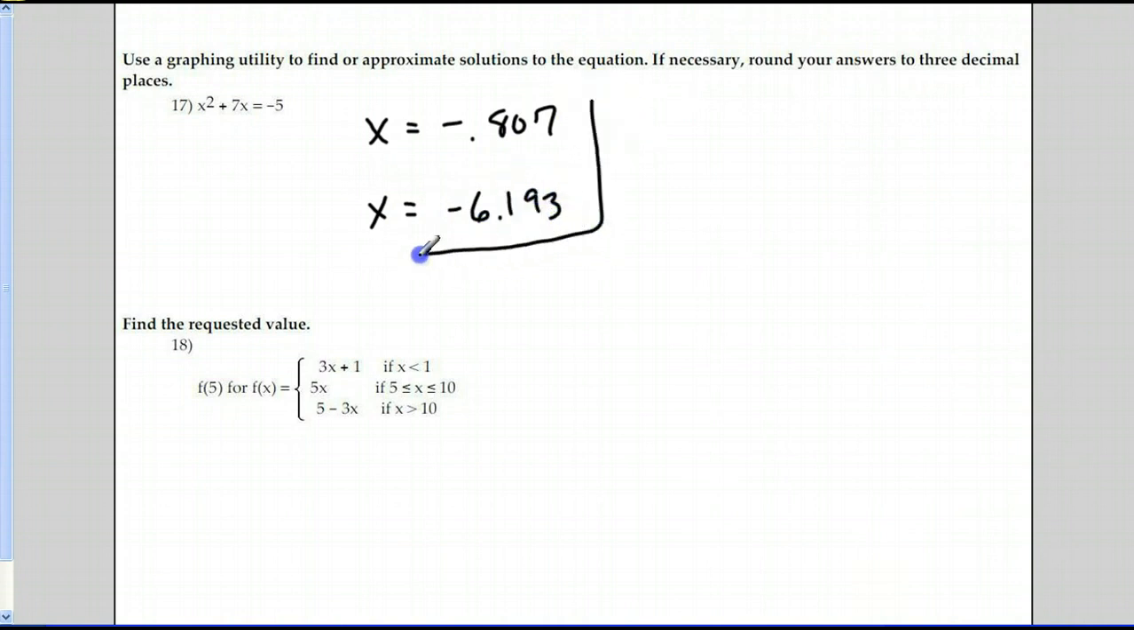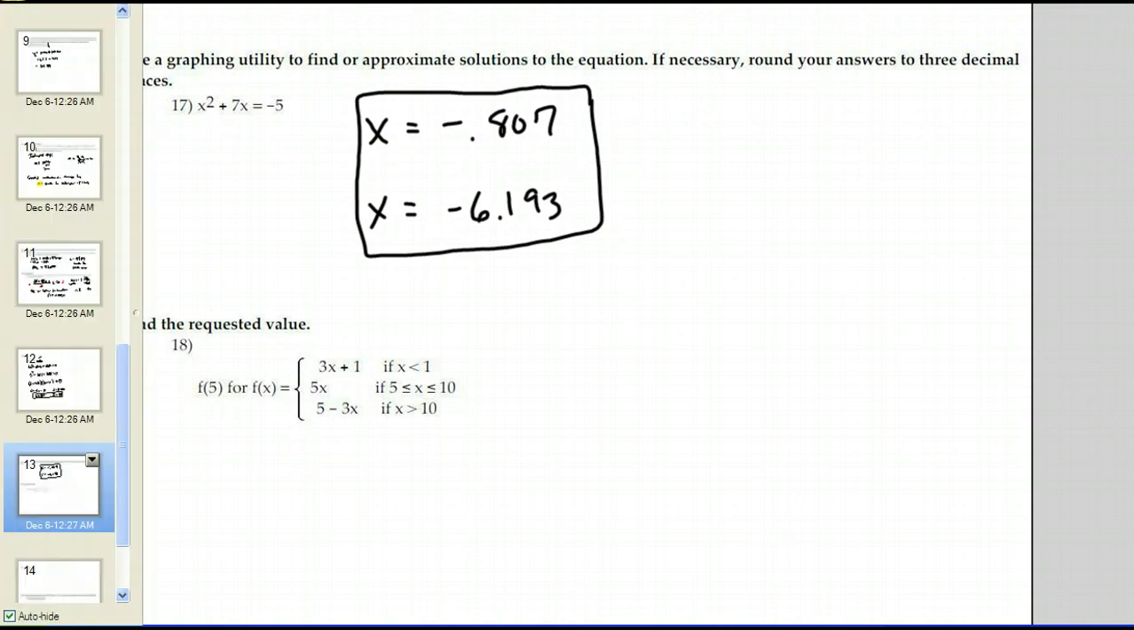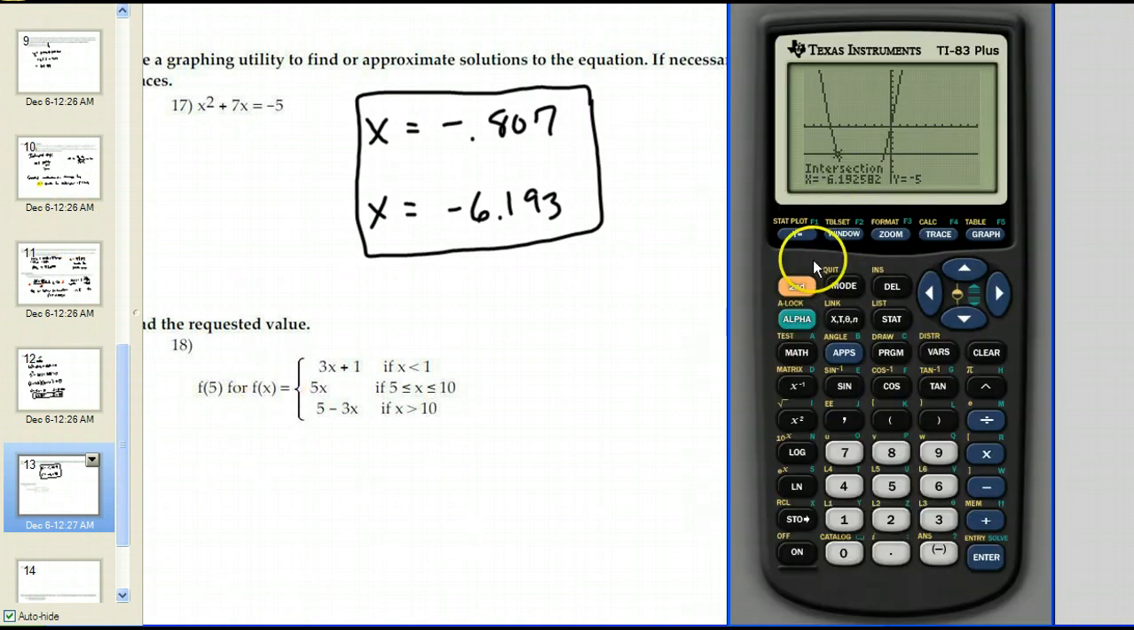Alright, so there's my solutions to this thing. And again, I don't have any division by x in the denominator. I don't have any square roots of x, so I don't have to worry about restrictions. It's a good idea to check, but as long as you have your equations in there, you should be fine. Now the other way to do this problem is